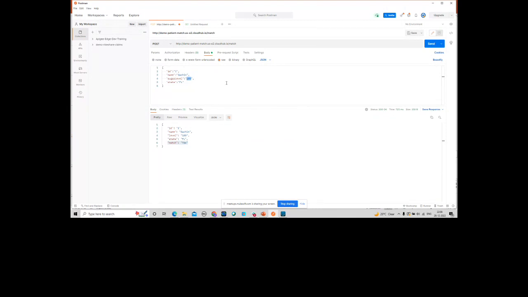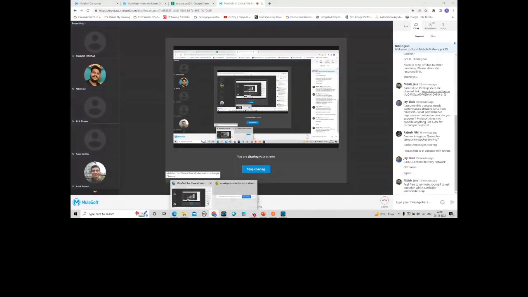So if I make it, suppose, that, and I run it, then the match will be no. That's how I'm going to decide whether this patient is a match or not. It's a simple implementation just for this demo purpose.